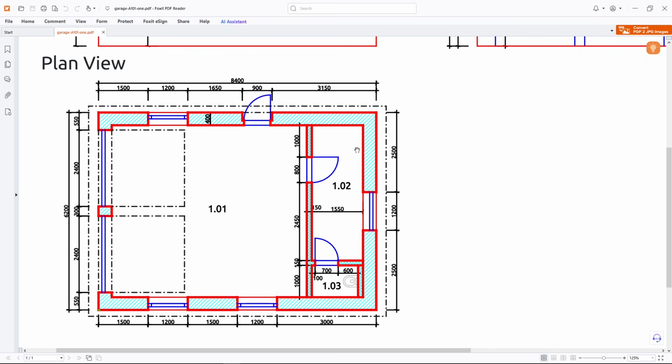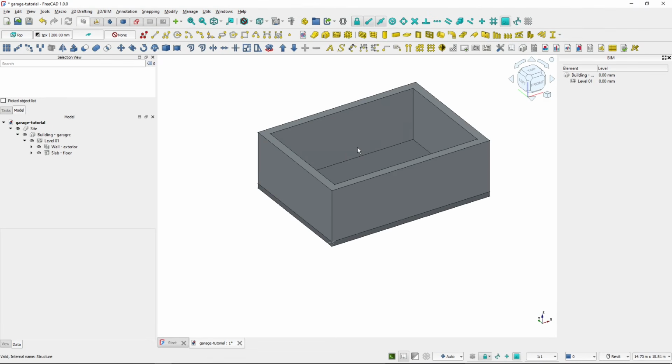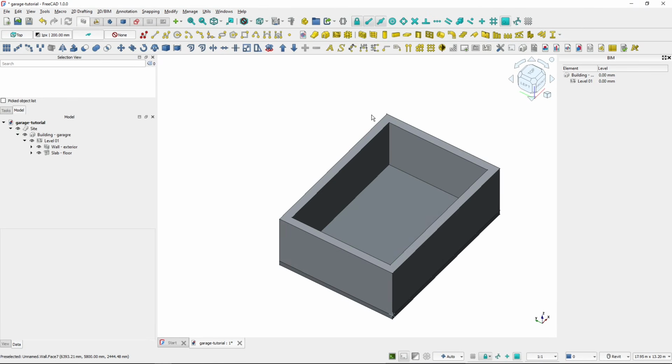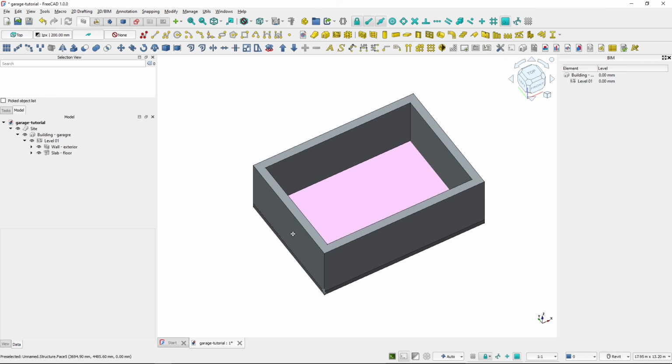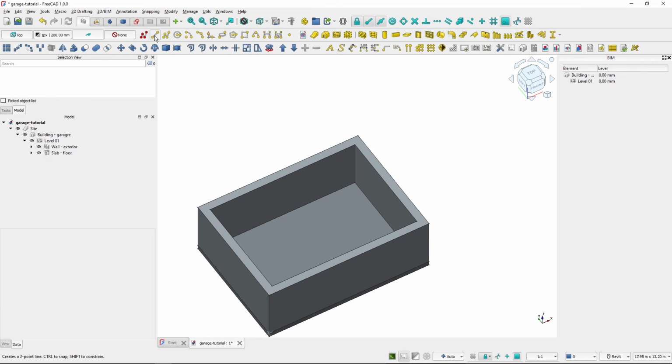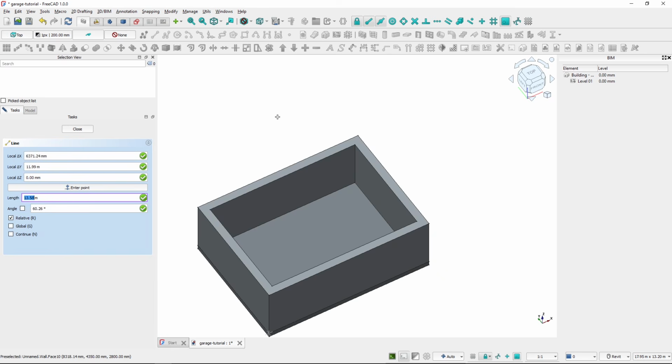So how will we create it? I will do that by using the line tool as a base object, and I will create the line tool basically here and then move it 1550 millimeters in this direction. So I will fire up the line tool, and now if I want to snap to this point, the snap